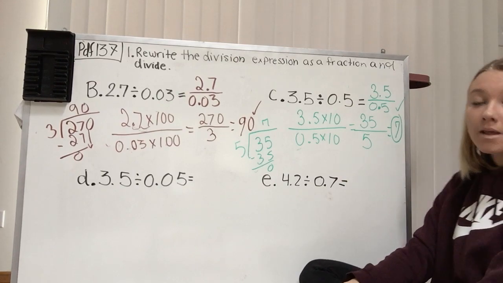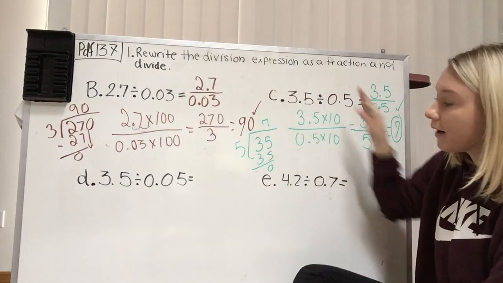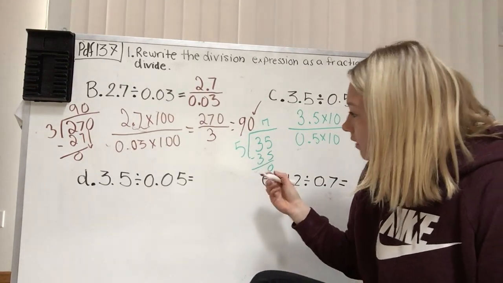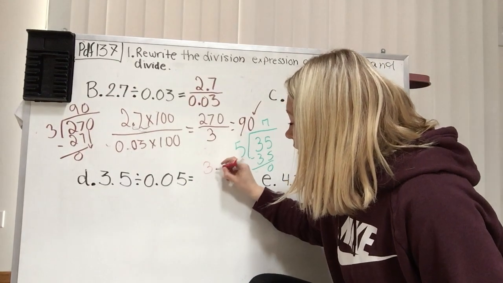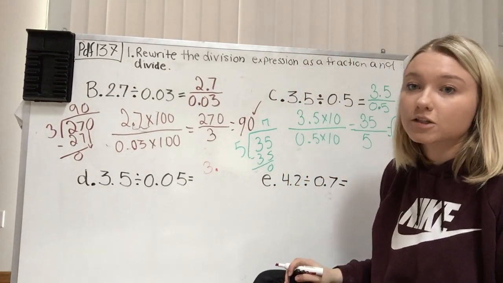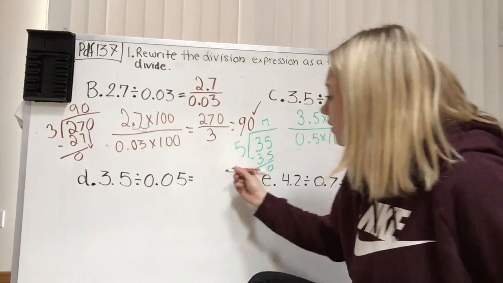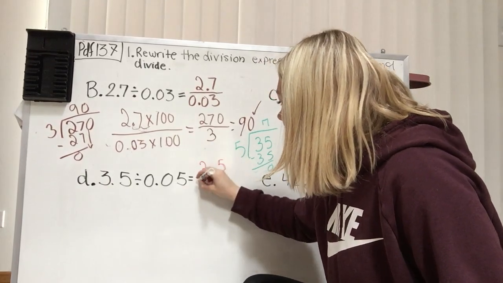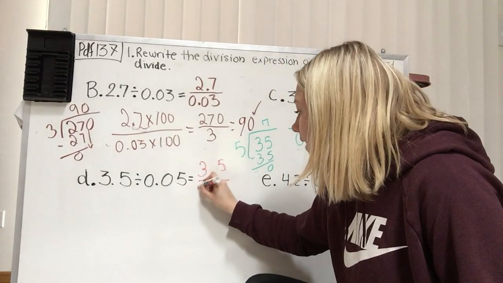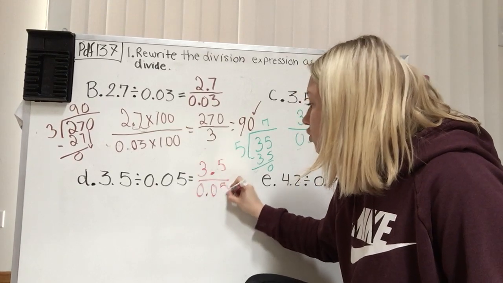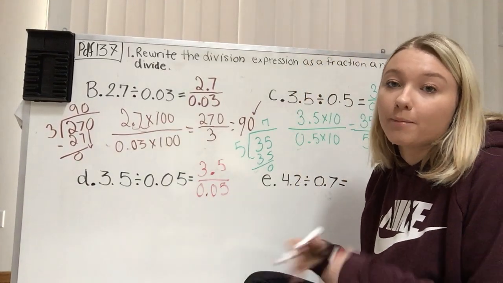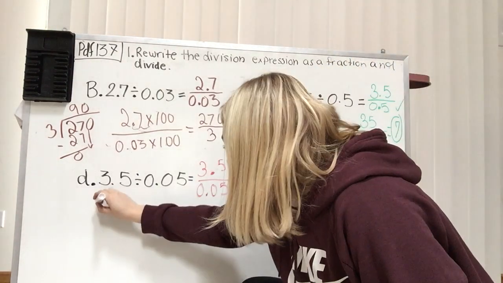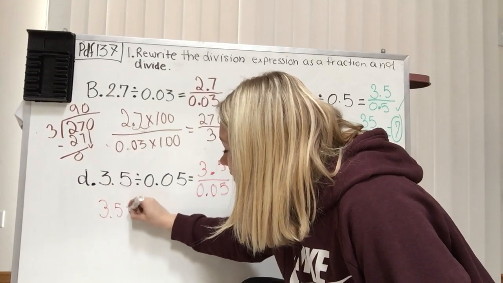Okay? So the first step, you need to rewrite it as a fraction. Let's do one more together. This one is also the same numbers, just a little different. So you have to make sure you're paying attention to where the decimals are. So I have 3 5/10, just like last time, divided by, this time I have 5/100, which means I have to multiply by 100 in order to get rid of that decimal, okay? So I'm going to do 3 5/10 times 100